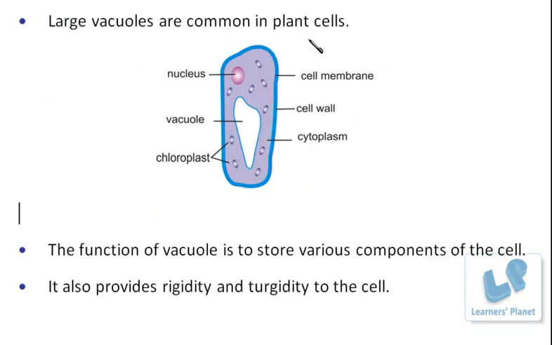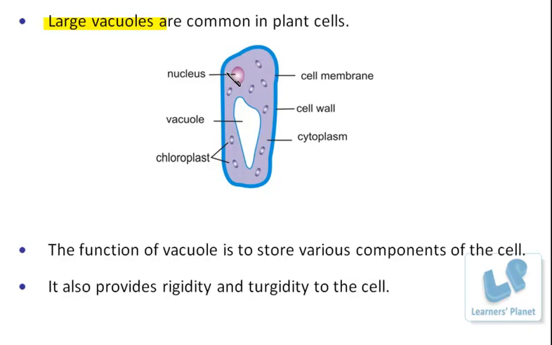See, in the case of plant cells, large vacuoles are common, but it does not mean that they do not have smaller vacuoles. Small vacuoles are present, but they are few in number, and that too in the young cells. But as the cell grows and ages further, the size of the vacuole increases and it almost occupies 95% of the cell, or occupies such a large space inside that it shifts the different organelles towards the